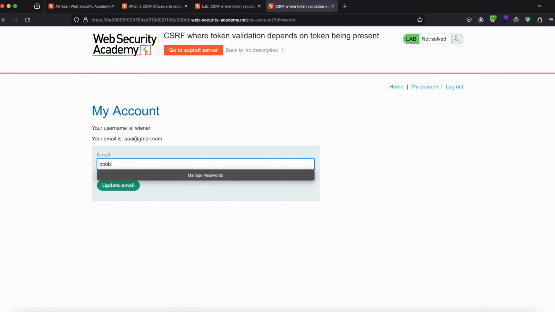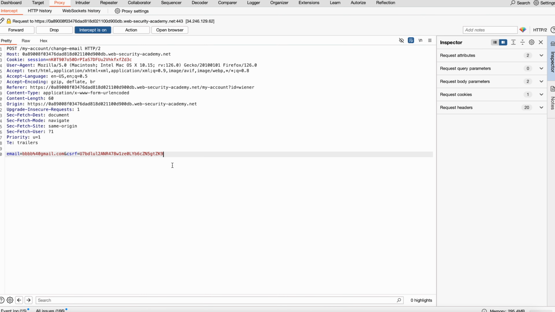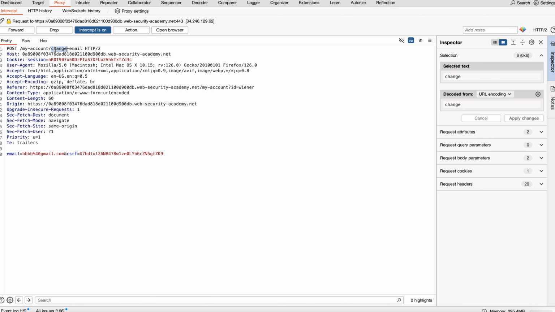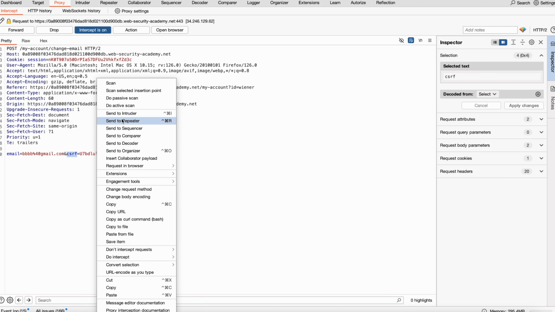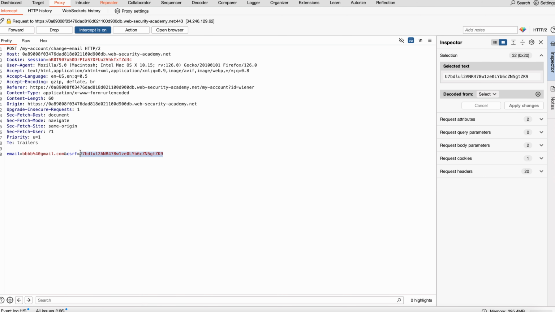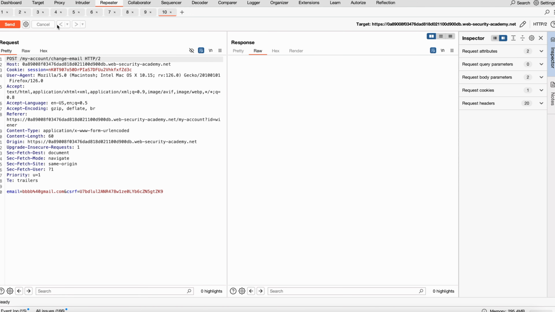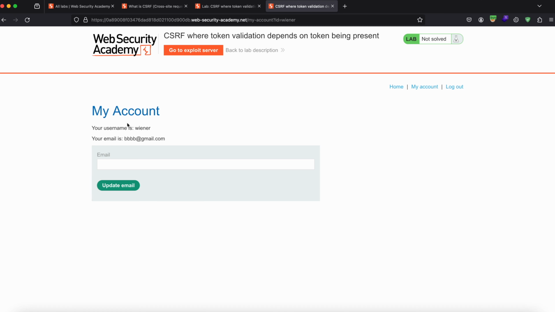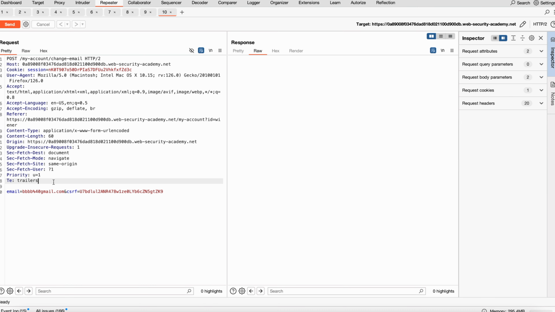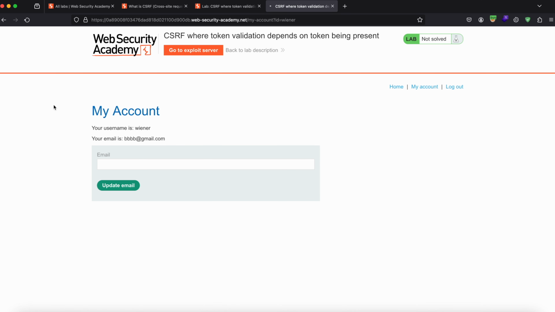Let's look deeper into what's happening. When I make a request with bbb@gmail.com and click on update email, the request goes to the endpoint /my-account/change-email with the updated email. And as you can see, there is something new over here: a CSRF parameter. This CSRF parameter has some value, and this is the email which we wanted to change. So now I don't need the UI anymore. Even if in here, rather than BBB, I make it CCC, as you can clearly see, the email has been changed